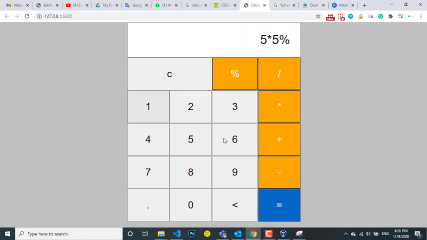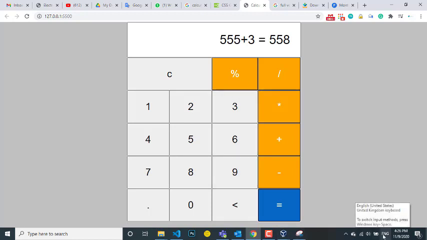You can clean it, you can start something and realize that you made a mistake, you erase it and instead add this and divide it by 8, you got the result and so on. So everything is almost working. You can do something like this. You do plus. You cannot add another operator by clicking like this, nothing happened, but if you click a number, it will work. So this is the calculator.